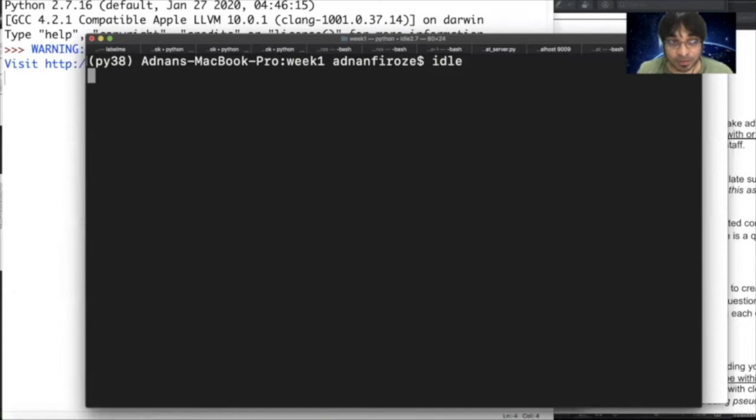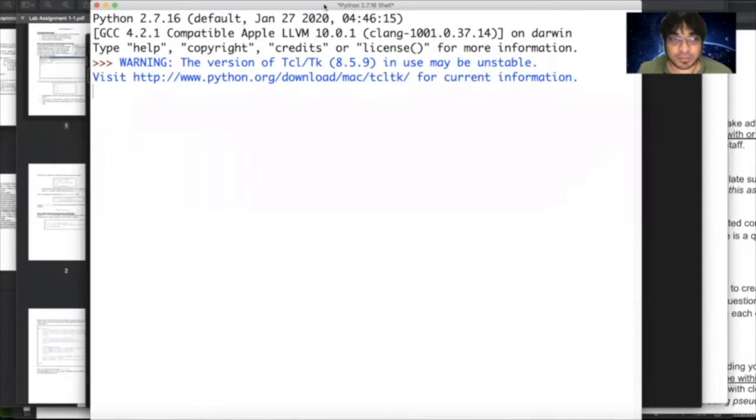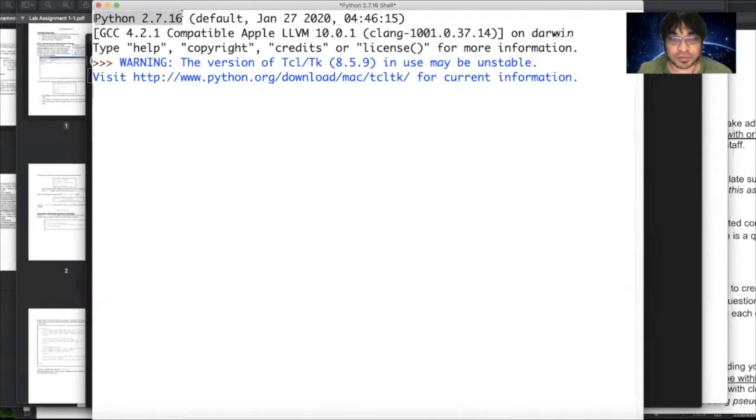Now be careful with something here. If you have not installed the latest Python version as your default Python version, then once you fire this up, you will see at the very top that it says Python 2.7 point something.